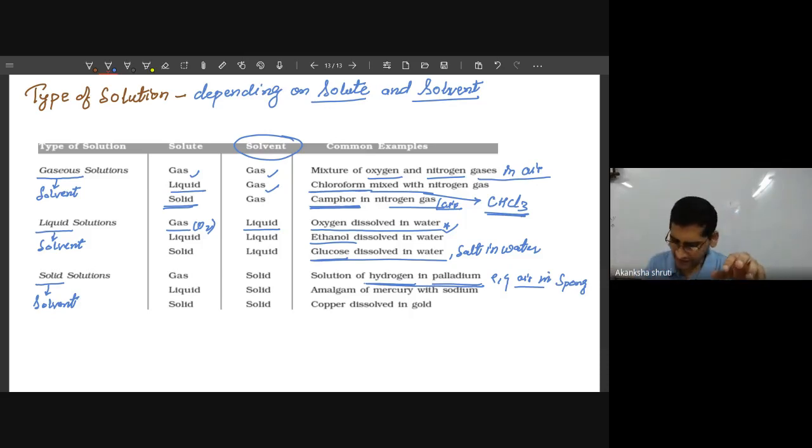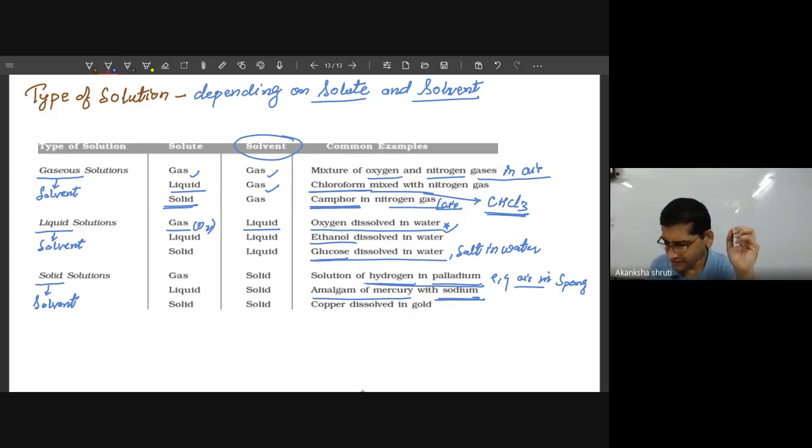Okay. Liquid in solid. Say mercury is a liquid that you know, and this mercury can stick over another substance, say another metal. So this mixture, or basically the solution of mercury with another metal, is called amalgam. If you take any other metal, this mercury can get dissolved in it.